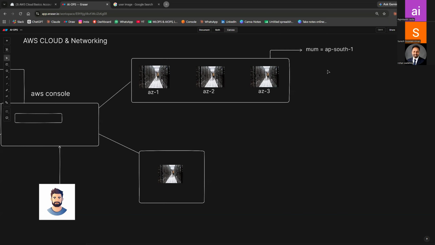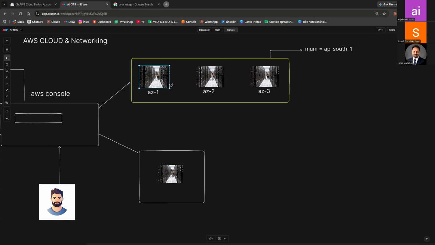But now let's take the example of Mumbai or Hyderabad. I have AZ1, AZ2, AZ3. In this region, the region is a logical boundary. Region is just a logical boundary.